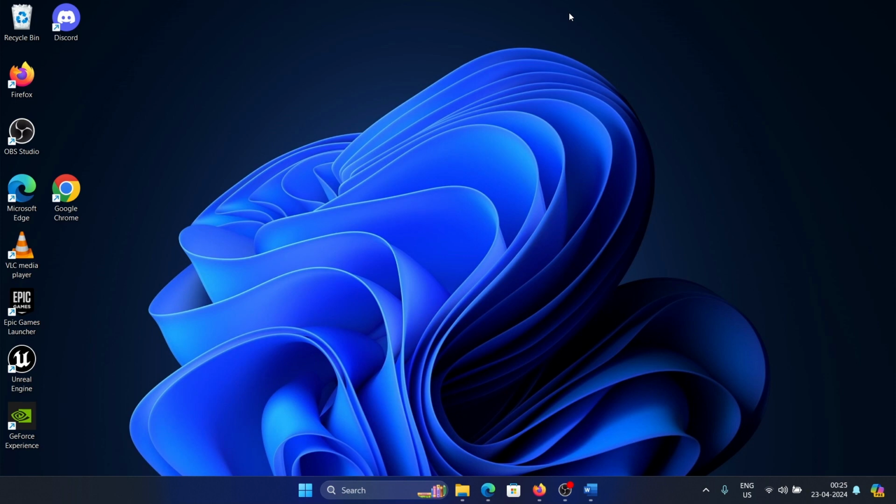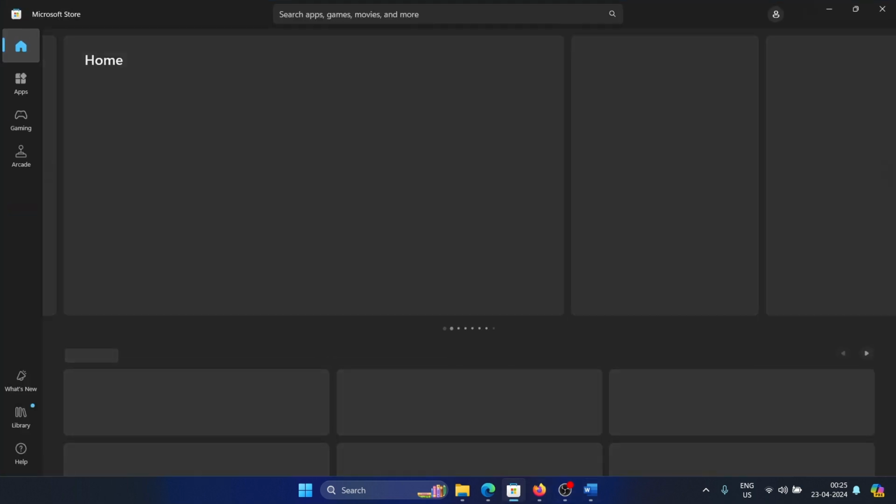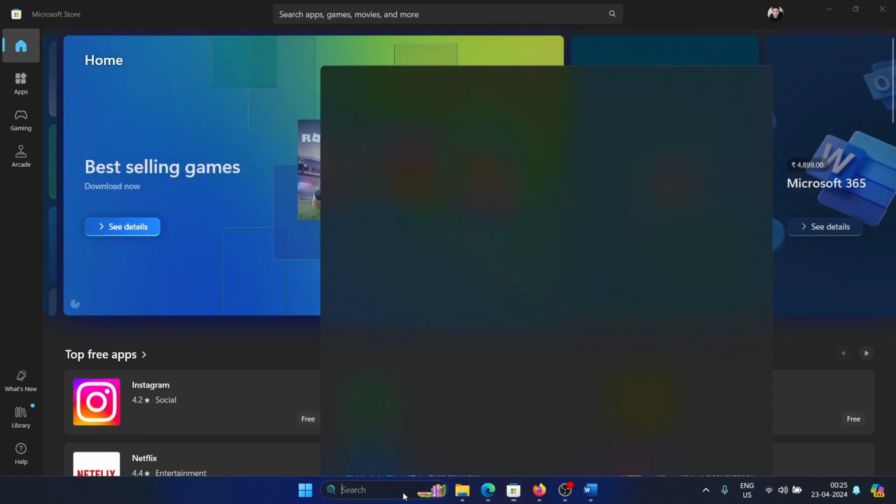Hey friends, if you wish to find the product key of your Windows computer, then I will guide you through the easiest possible method, and follow this one. Don't follow the other methods, the command prompt one, the PowerShell one. It's not needed. Simply open the Microsoft Store and you can open it either from the icon here or search